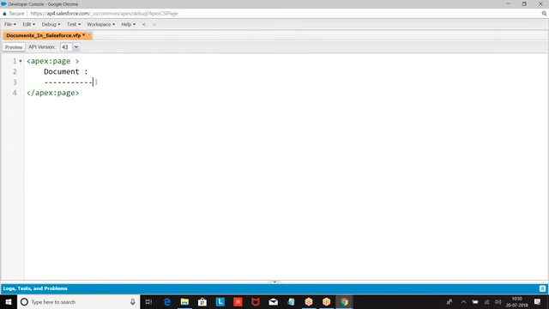So what is this document and why are we going to use it? Document is a standard object. What do you mean by an object? It's a table. So document is a standard object in which we are going to store